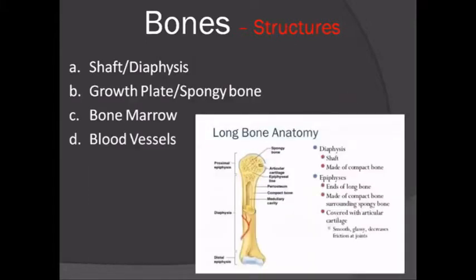Here we have the shaft or diaphysis, the growth plate, and the spongy bone. These are the bones found within your limbs. Let's go first with the shaft or diaphysis. This is the part of the bone that is long and straight, holding all its other parts together. The spongy bone is seen on the top of the shaft. It starts off as soft, spongy bone